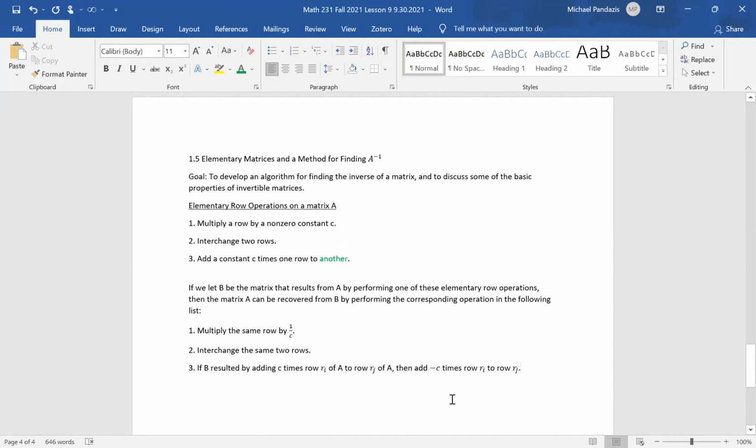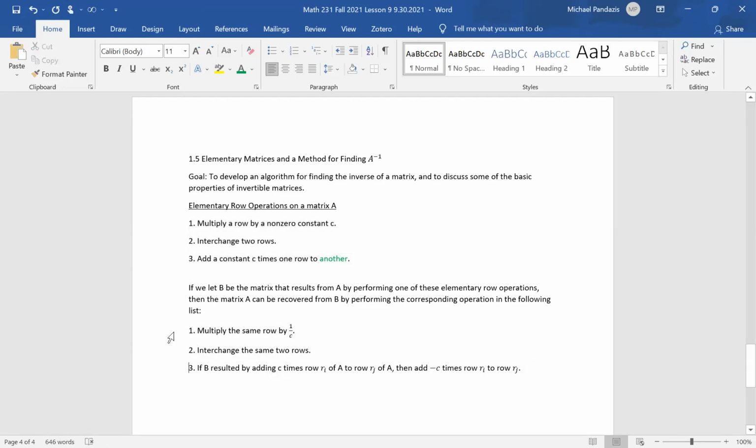It's just saying, instead of adding 2 times row 1 to row 2, adding -2 times row 1 to row 2. Instead of adding C times row Ri to row Rj, the opposite is adding -C times row Ri to row Rj. All right, and so that's the inverse operation of the original operation, add a constant C times one row to another. Okay, so now we have 3 elementary row operations on a matrix, and we have correspondingly 3 corresponding elementary